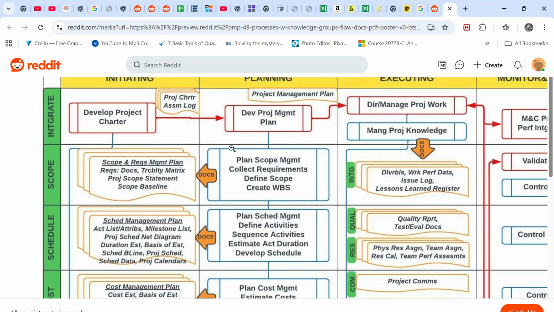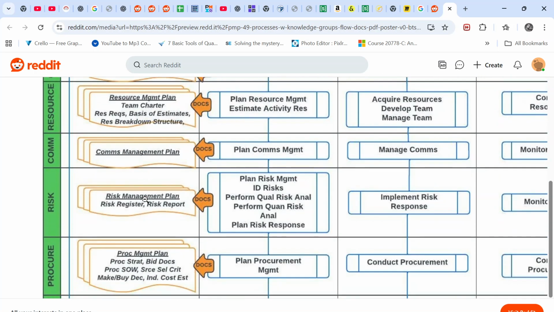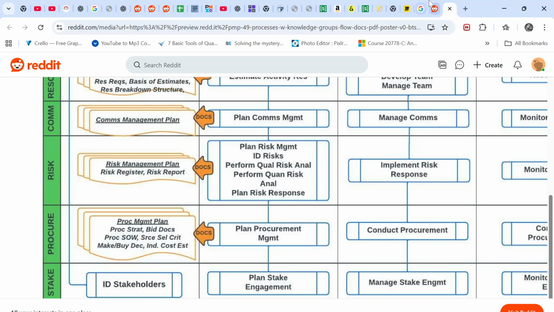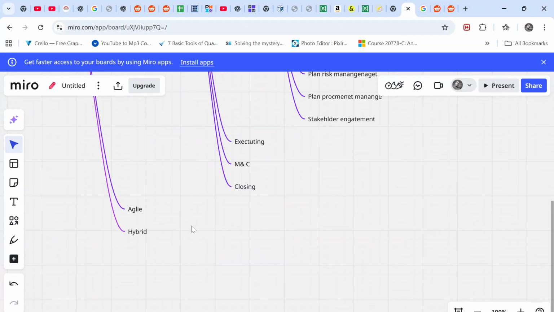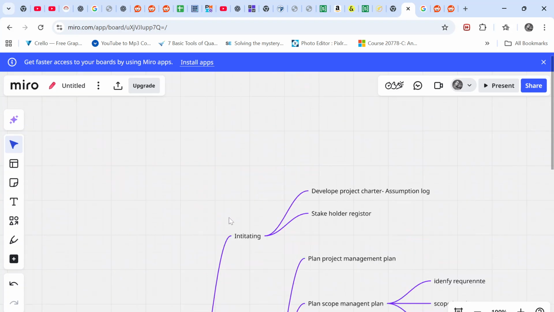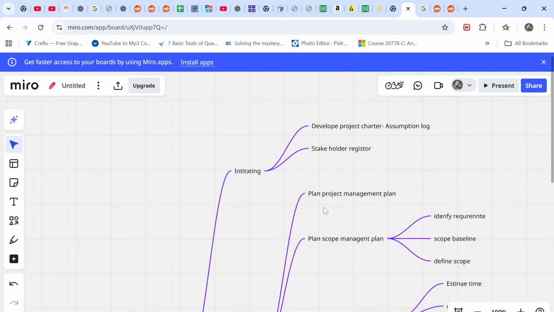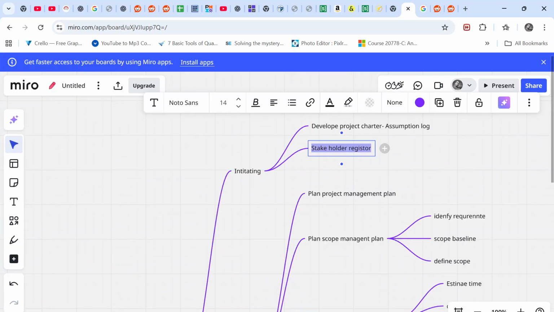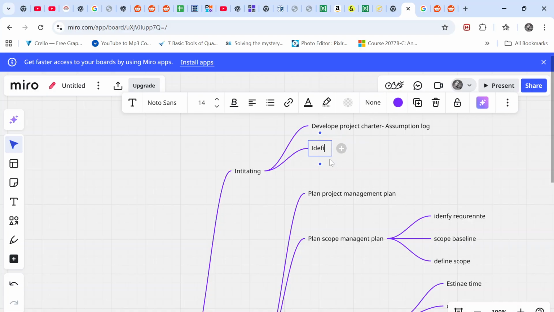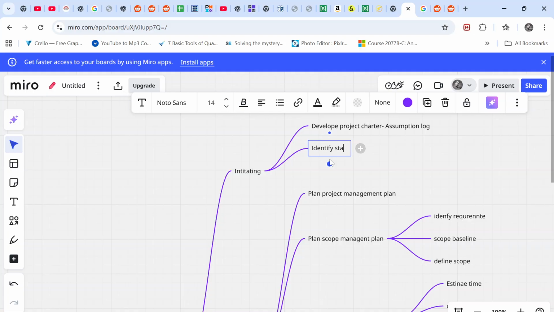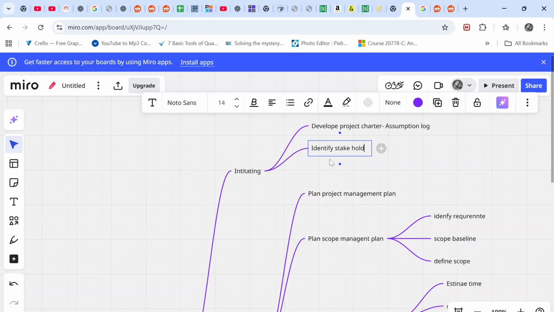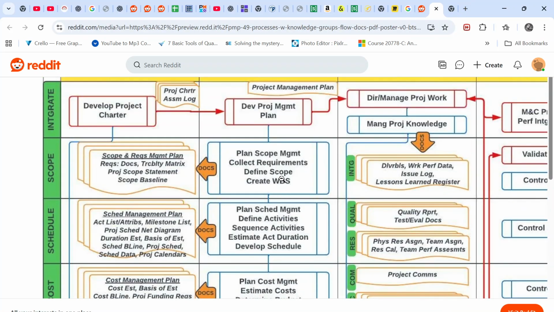But let me see if I find all the things. Develop project charter, this is right. Assumption log, I'm aware of it. And identify stakeholder, let me check on my mind map what I have written down. No, this is incorrect. So it is identify stakeholder,